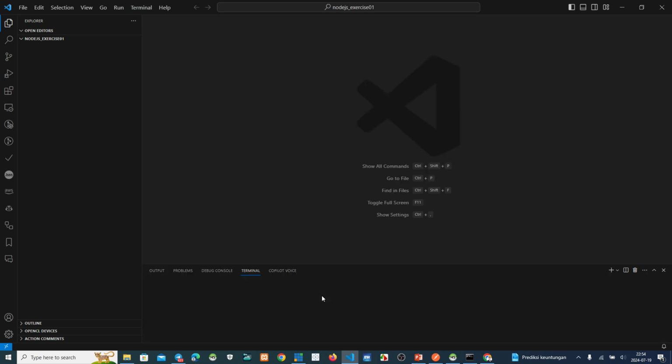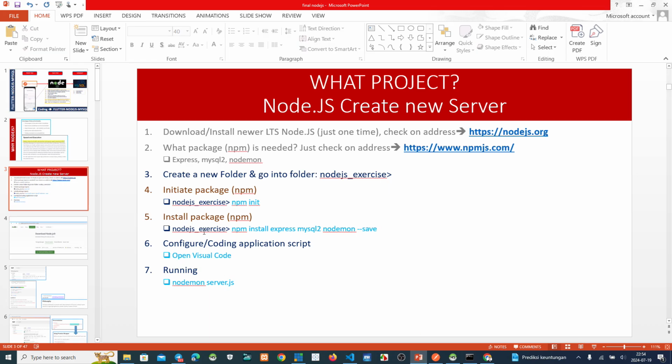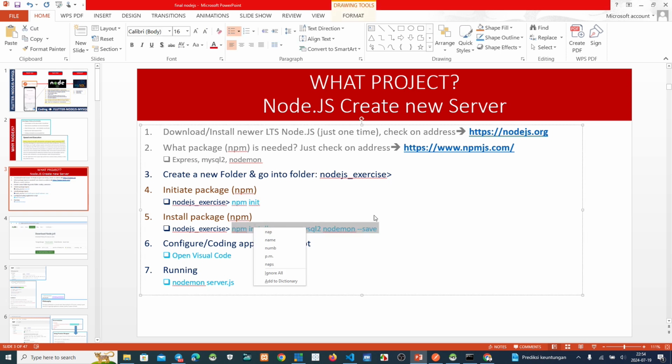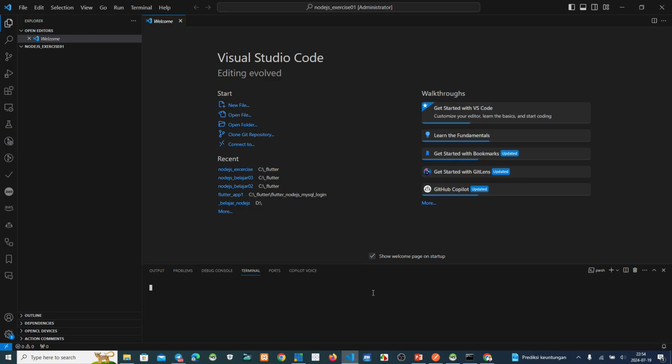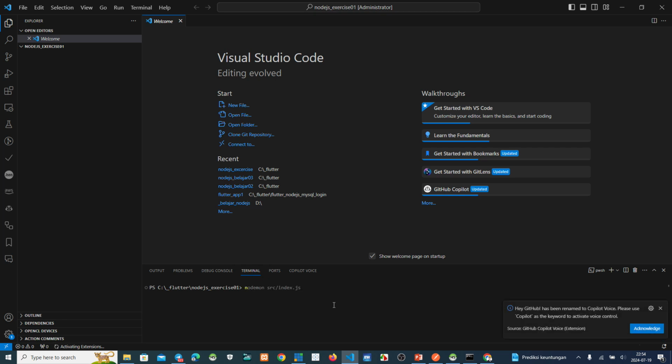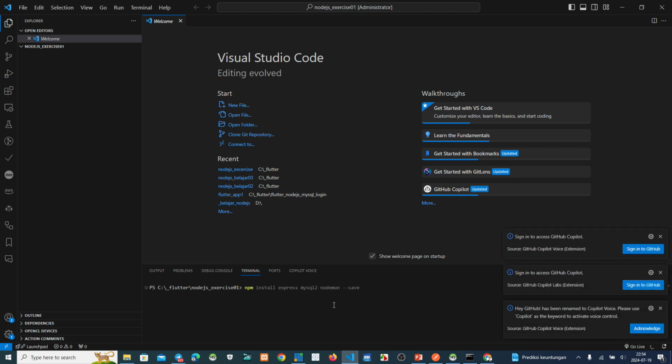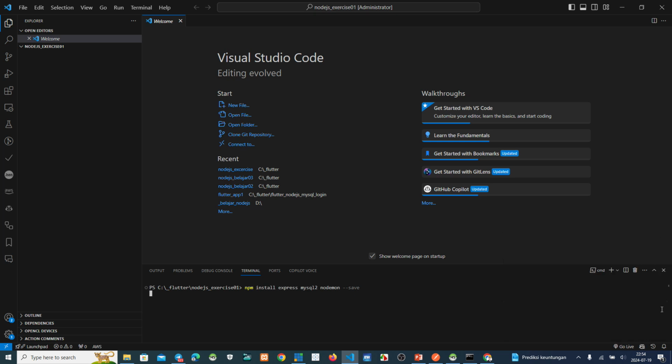Open a new terminal here. So now because we want to install this Express, MySQL, and NodeMon, okay, we copy this, and run it here.